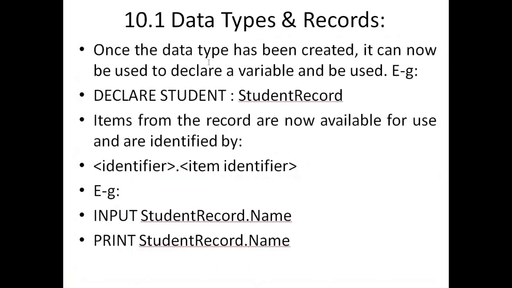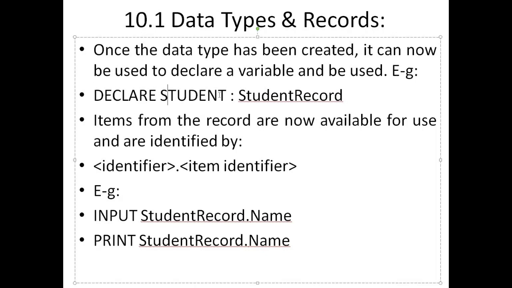Once the data type has been created, it can now be used to declare a variable. For example, DECLARE Student. Now Student is simply the variable that we have created, and as we have assigned it the data type StudentRecord, which is our own defined data type, that means this single variable can now hold 4 values of multiple data types.